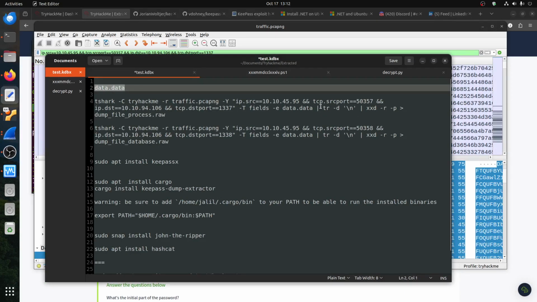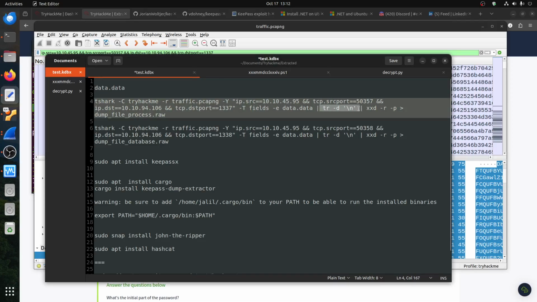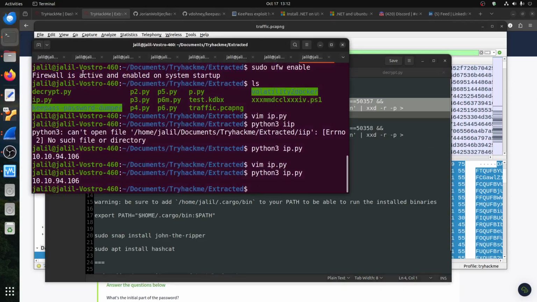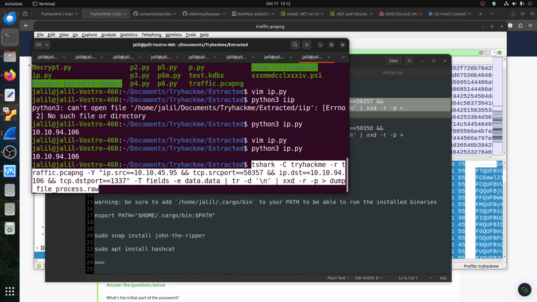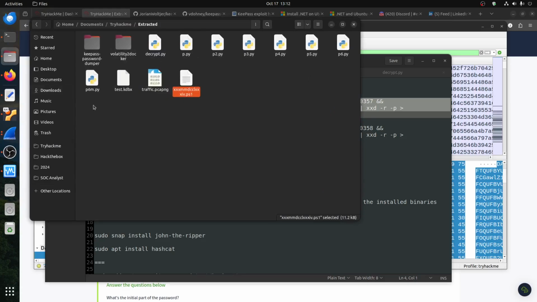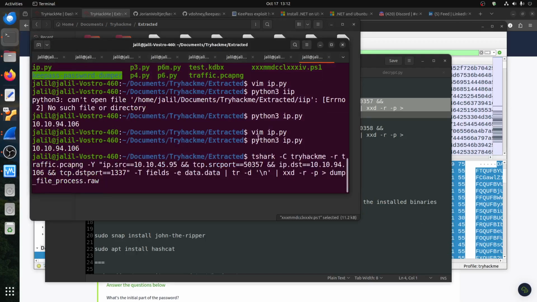Then we need to extract it, because it's binary, and then we can convert it to, I think it's hex, and then xxd -r -p. I think that's what you do to convert it to binary raw. So this is the DFIR process. I'll put all these commands in the description later on. I already did the work here, but let's do it. Let's run them now. Remember the directory I removed, I just left the Python script, so you can know it's working. So if I run this one,